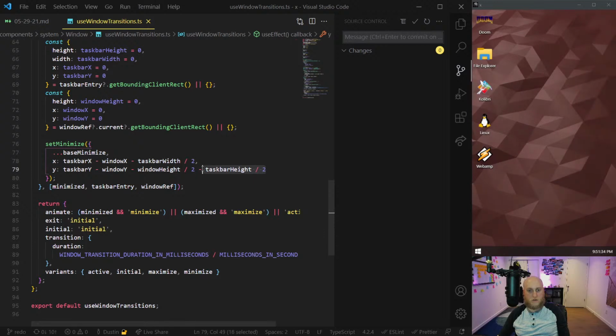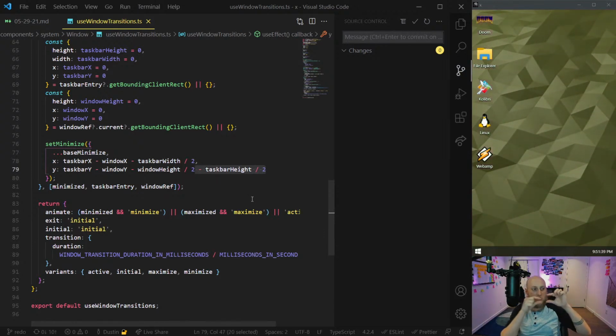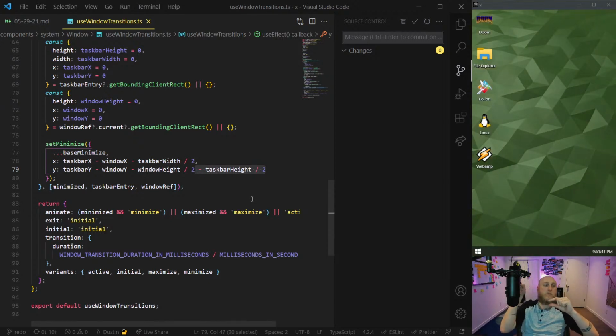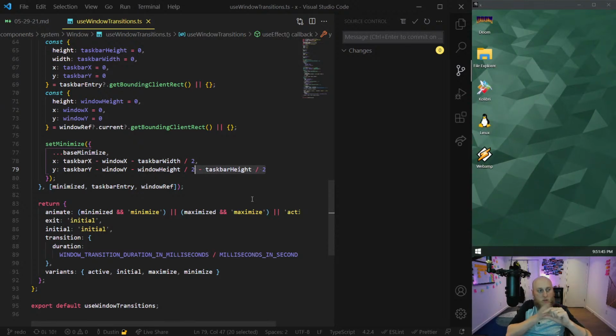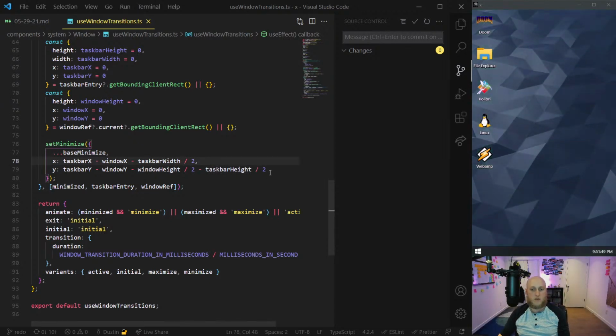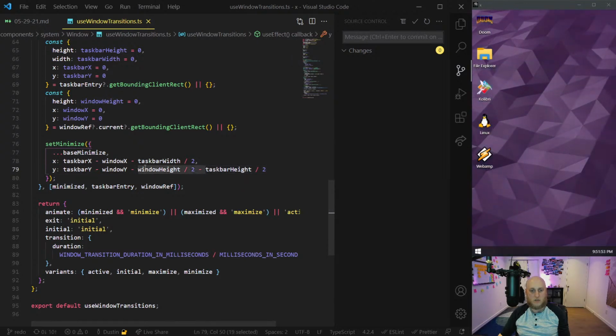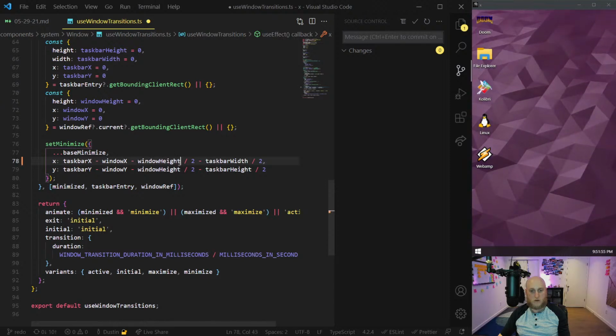So basically here, I was accounting for the taskbar height on the Y part, I think. So like if this is a taskbar item, I was making sure that the transition would at least stop in the middle of the height, but I wasn't caring about the width for some reason. I was letting it be at the start of the taskbar entry. And I think for fairness, it should probably not be the case. So let's just do that and call this width.